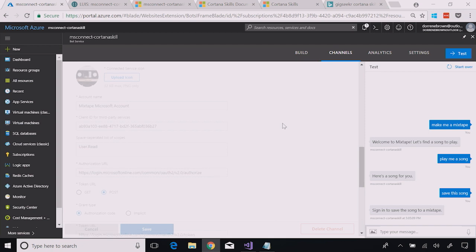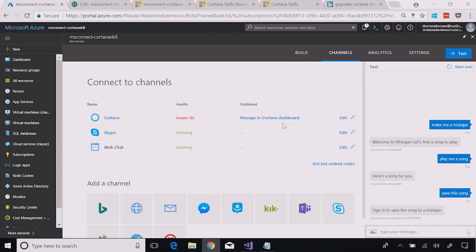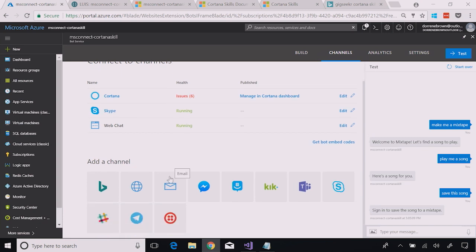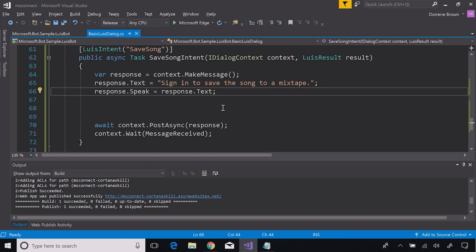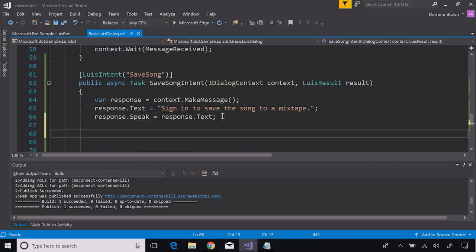So you no longer need to debug all of your identity. You don't need to write that code. Cortana will just pass the token right to you as part of the overall flow. So now that this is saved, let's go back to our code. We have this save song intent, and this is the point where we want to have the login page pop up. And so we will